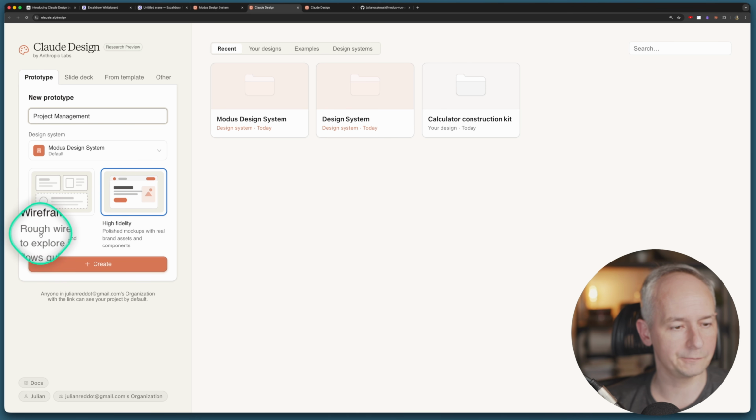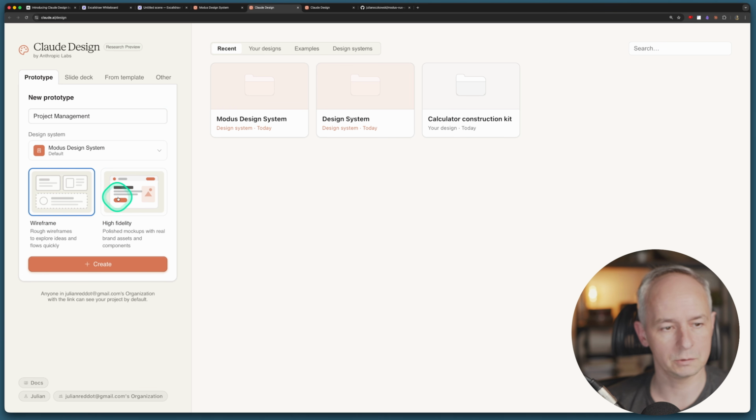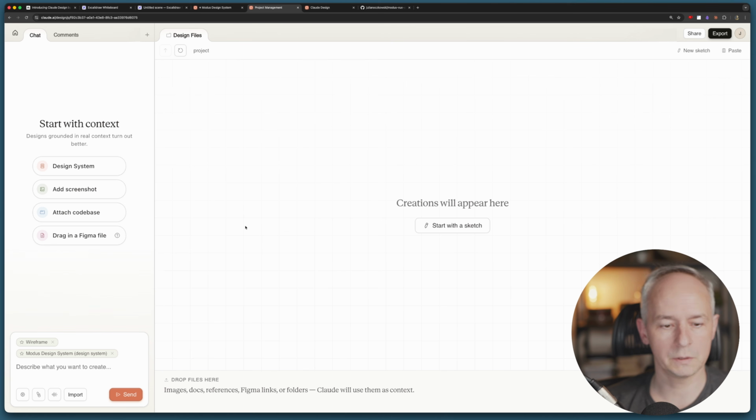So I'm curious about the wireframes. So rough wireframes to explore ideas and flows quickly. So let's pick wireframes first, not high fidelity. And the design system is Modus design system. Again, the company's design system, and then create. Okay, we're taken here, and we can now describe, I believe, what we actually want to build, or we can